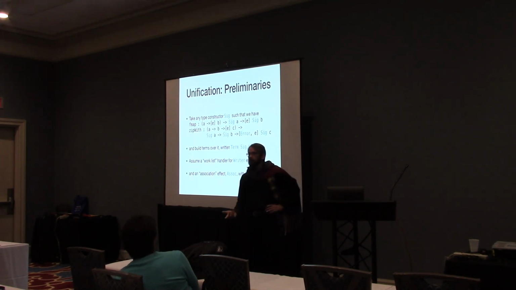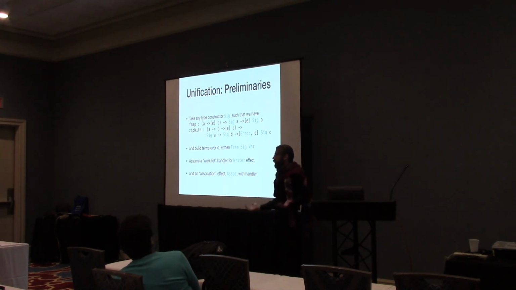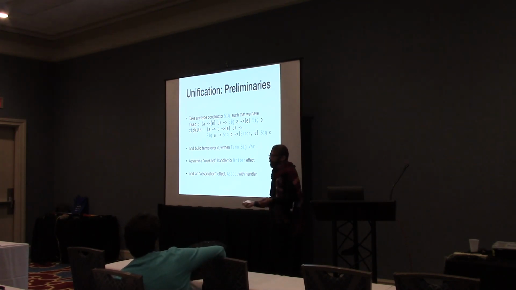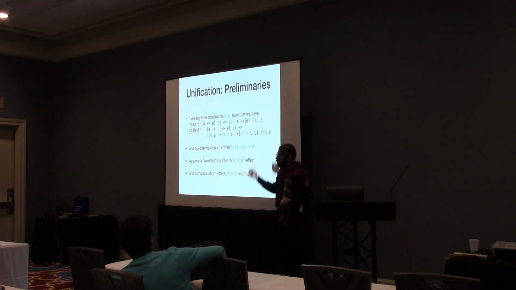When should zip_width raise an error? Come again? When the inputs are not of the same size? Well, size has nothing to do with it. These are just different function symbols, right? I mean, they might have the same arity, but one be plus and the other minus, right? So basically, yes, when we try to apply zip_width to two different function constructors, we'll raise an error. And this is important because this is the source of failure in the unification algorithm, ultimately.